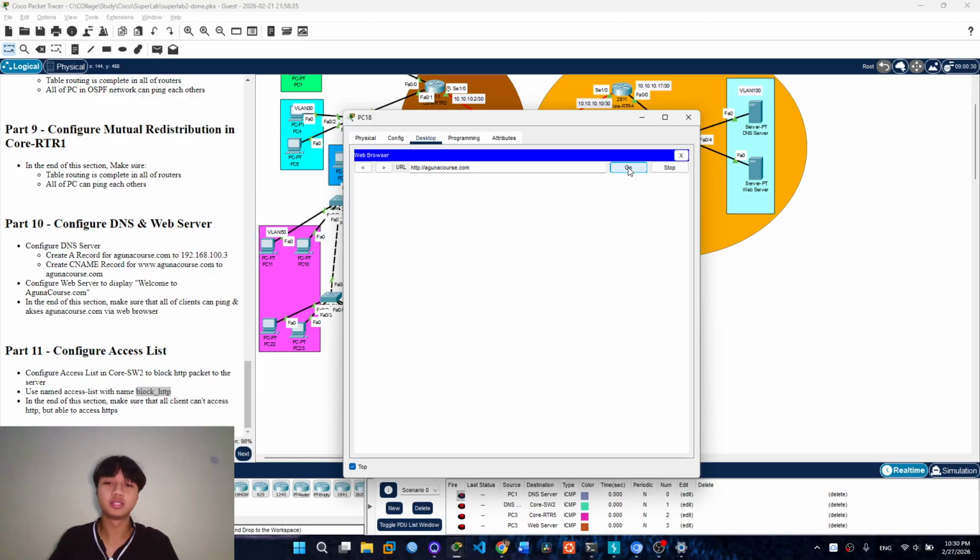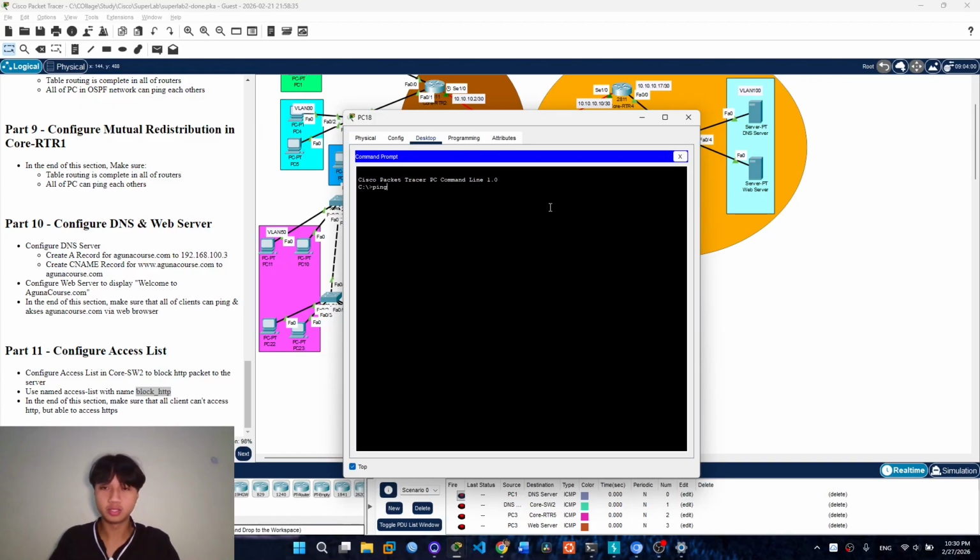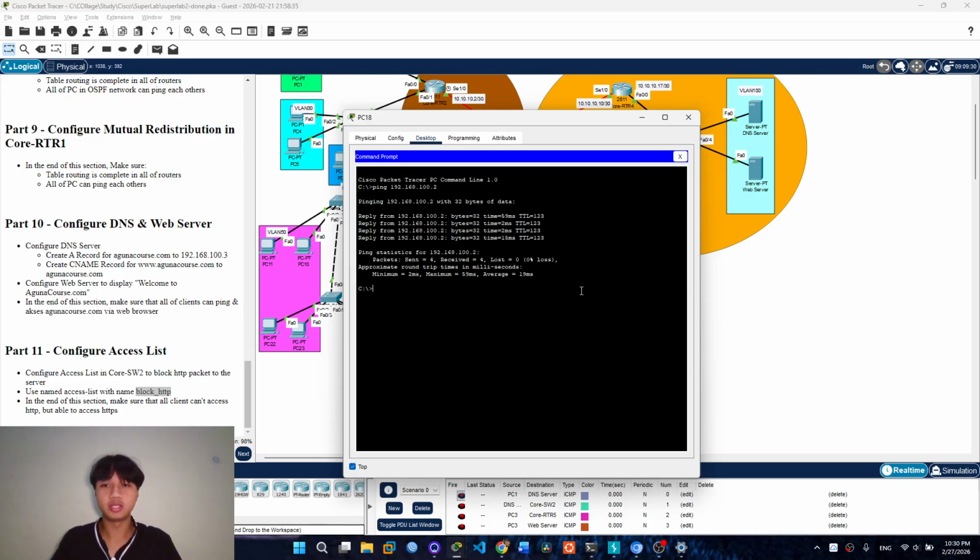We can reach the web server, but if we want to access the server with the ping command, to 100.2, we get a reply from the IP address of the server, and the configuration of our redistribution is successful.